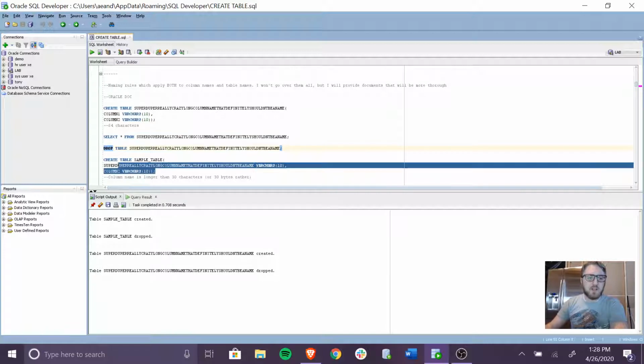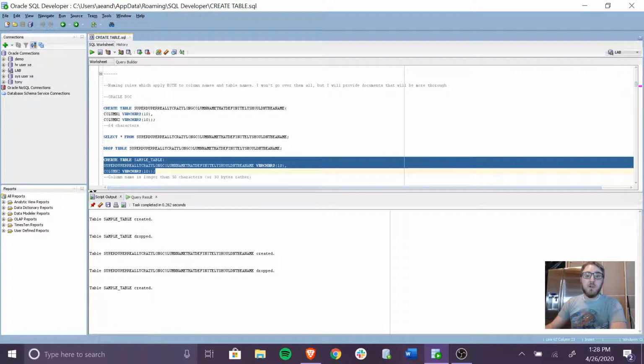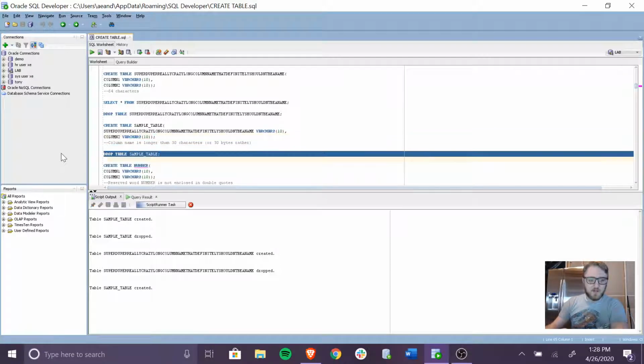And we'll notice we can actually do the same thing if we give the same name to a column. So now we have sample table with the really long table or column name. And we'll drop that table too. All right, so now let's talk